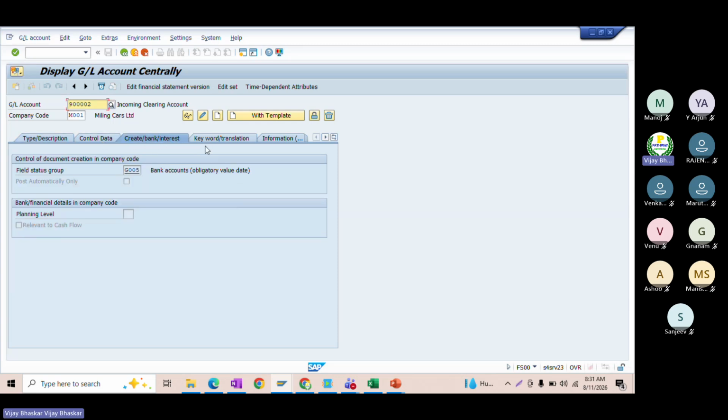Here in the create bank interest data, now you could see here planning levels where you can map the planning